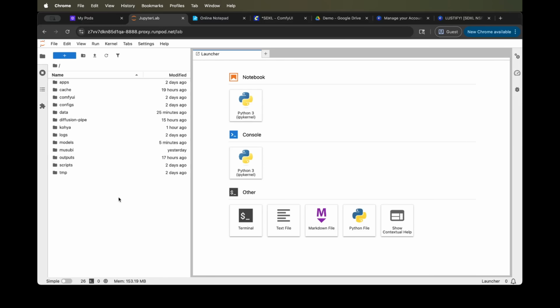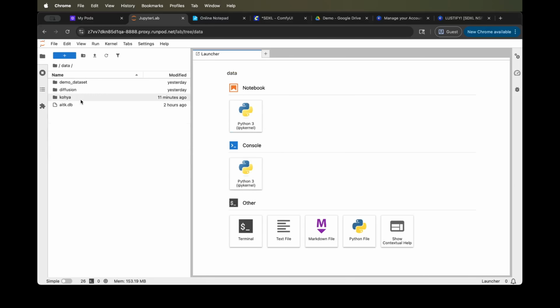Once you're in Jupyter, we want to do a few things to set everything up. First, we want to do your data set. So you're going to click on Data. You're going to create a folder called Kohya. This is not going to exist, so make sure you create it. So by clicking the plus here,